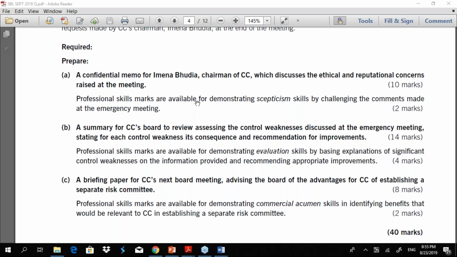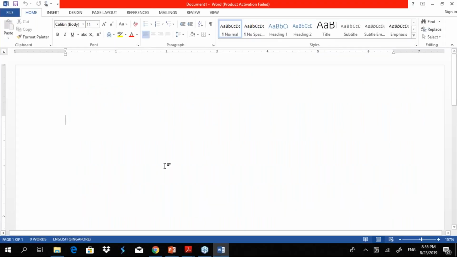For example, you can have a heading of oil, and under that you say what the weakness is, and because of that weakness, what the consequence is, and then the recommendation.